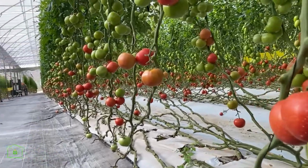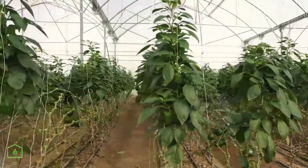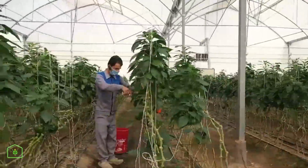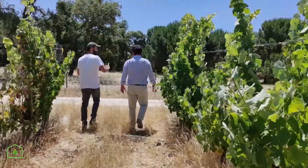All developments will be demonstrated in the SusMedHouse demonstration greenhouse to be built in the scope of the project. To understand the growers' needs and common greenhouse crop requirements, interviews have been carried out with greenhouse owners, technicians and